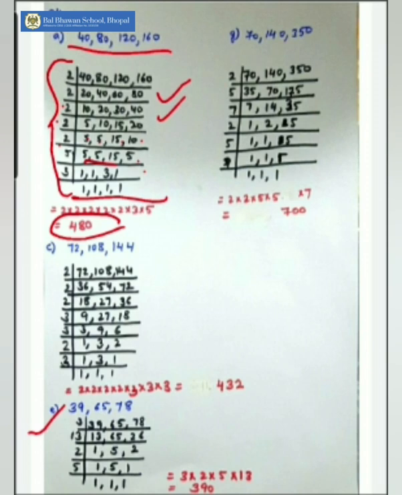Let's talk about the E part over here. I have 39, 65, 78. All these three numbers are divisible by 3. So 3 ones are 3, 3 threes are 9. 65 won't come in the table of 3, so I've copied it down as it is. 78 will be 3 twos are 6 and 3 6s are 18. Now 13 ones are 13, 13 fives are 65 and 13 twos are 26. 2 ones are 2 and 5 ones are 5. Finally, I'm going to multiply all these numbers, 3 into 2 into 5 into 13, which will give me 390 as an LCM.